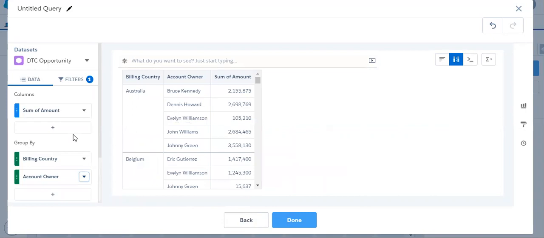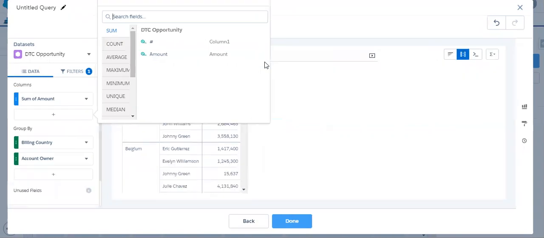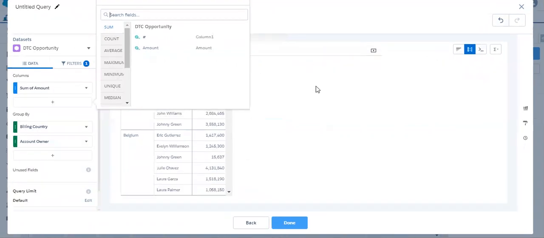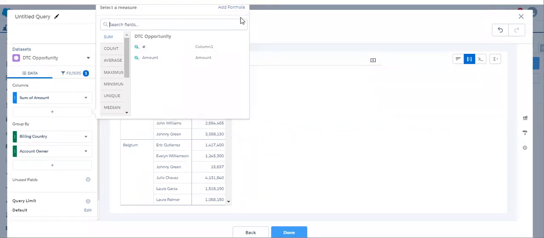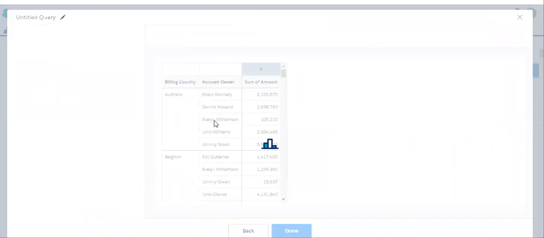For this purpose, we are going to utilize the window function, that is ranking, in the compare table. So let me add the new column. Let me click add formula.